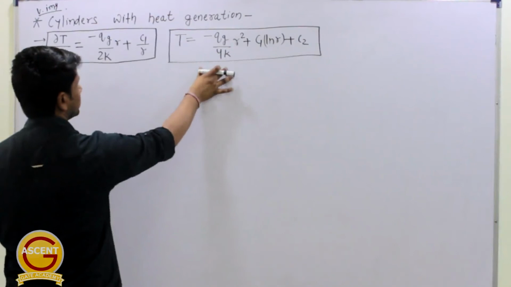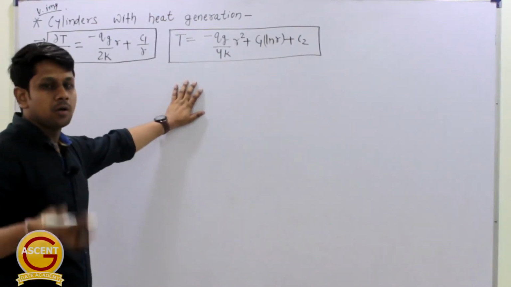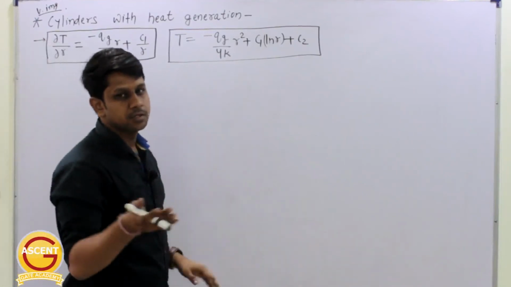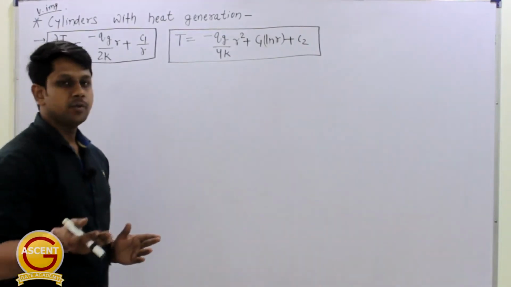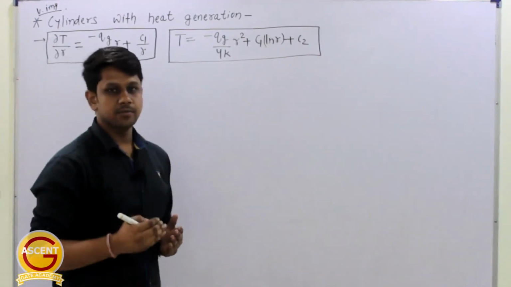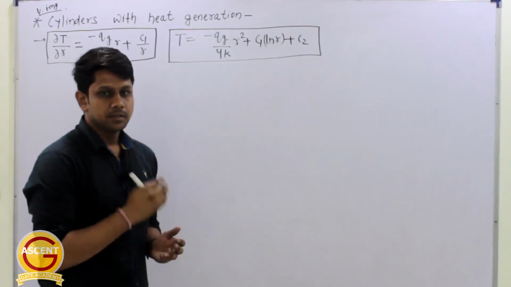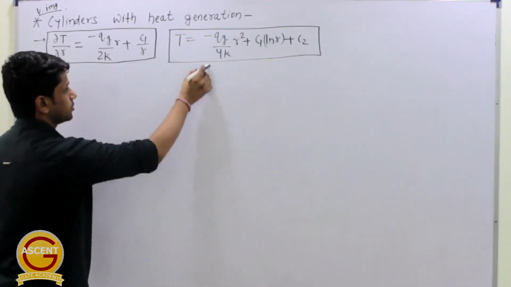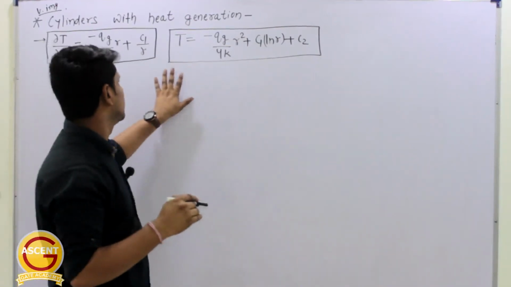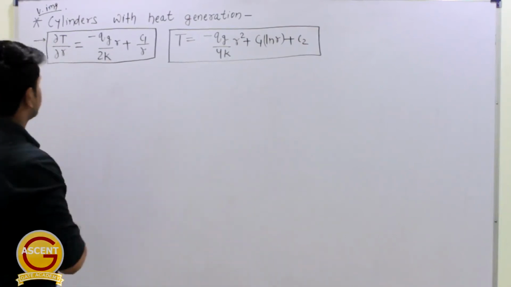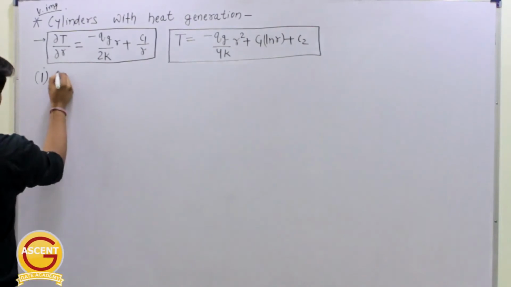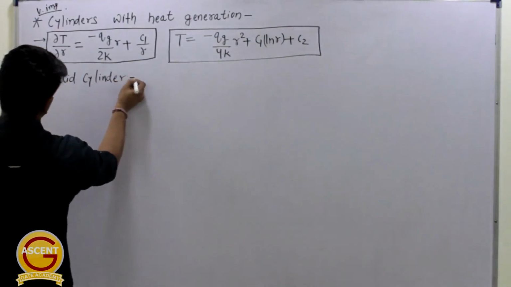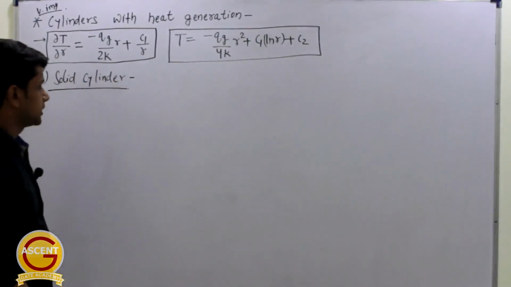So this formula you can remember because this is the generalized formula, or if you can remember the generalized equation, then just by integration you can get this formula. So anyone you can do. In fact, you have to remember the generalized equation because sometimes they have asked this problem straightforward, they have asked the generalized equation only. So you have to remember that, and it is on your choice. If you will remember, you can save some time. Okay, so these are the formulas. Now we will discuss first this solid cylinder. Okay, solid cylinder we will discuss.